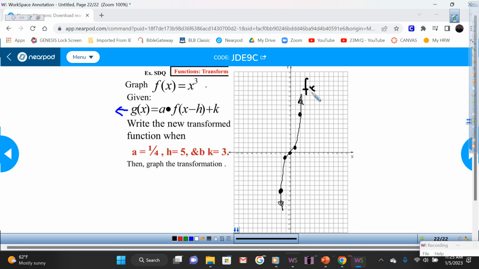Oh, I forgot to label this one. This is f of x. All right. So, read as yours, please. Jaden, go. G of x equals